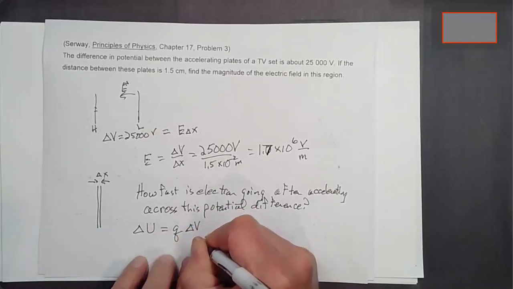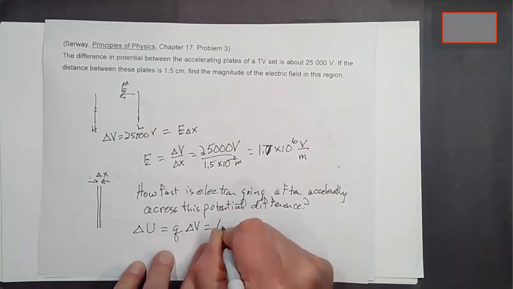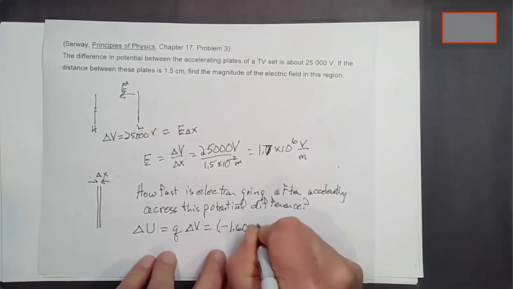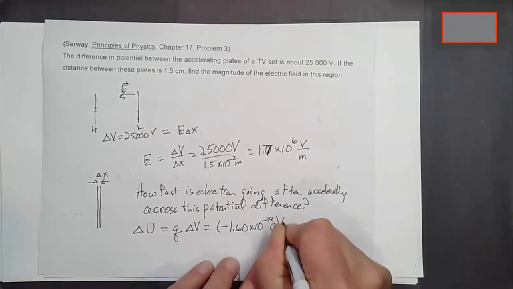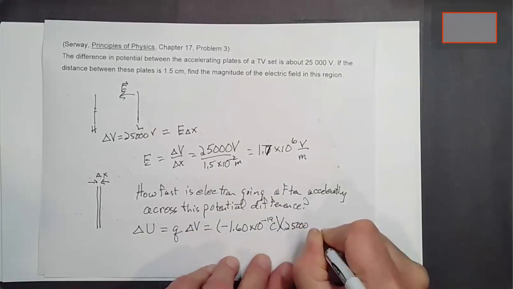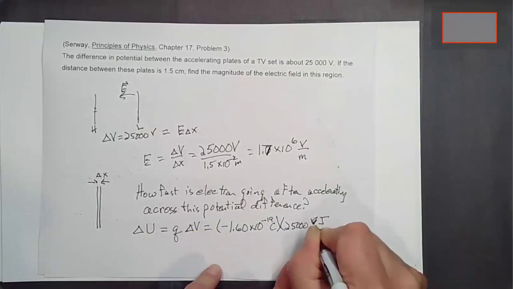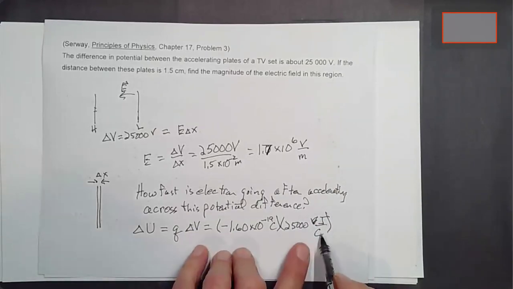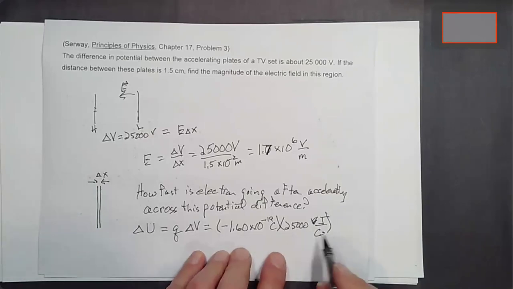The Q delta V is going to be the charge, minus 1.60 times 10 to the minus 19th coulombs, multiplied by the 25,000 volts, which is a joule per coulomb. And so it'll tell me how much potential energy it's lost,